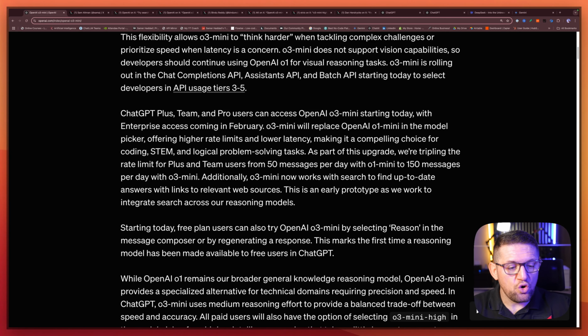So I wouldn't go over the 150 messages per day, at least for me. I know others will just kill those 150 in an hour, but not for me. So when you use o3-mini, it is wise to really think through your prompt and make it more comprehensive to reduce the amount of just chatting with the model. You can't do that, otherwise you're gonna lose your quota for the day.